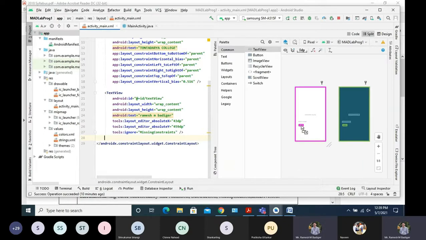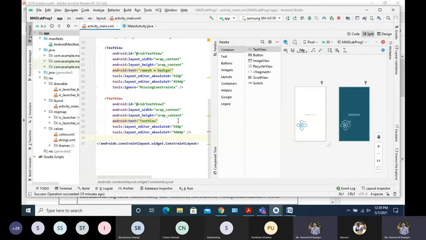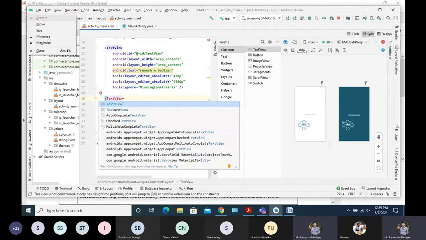Instead of that, so copying the code. What I will do is take one more text. If you want to align everything to the center, just write the parent. Okay, wrap content, editor x absolute x. Then the text that has to be displayed, again, department of CSC. Okay, so in case it gives an error,